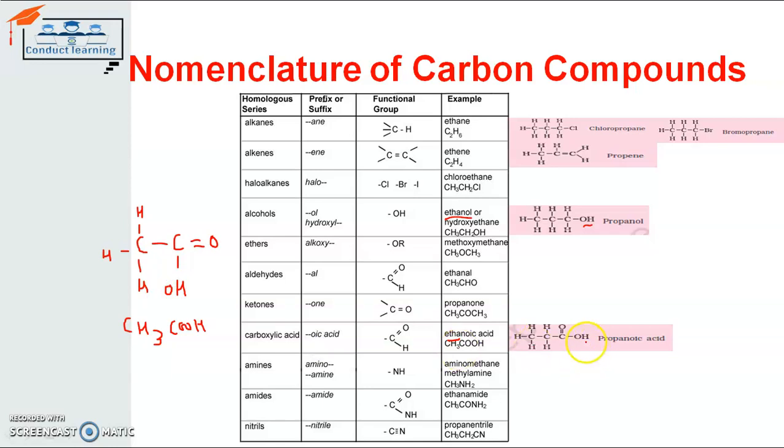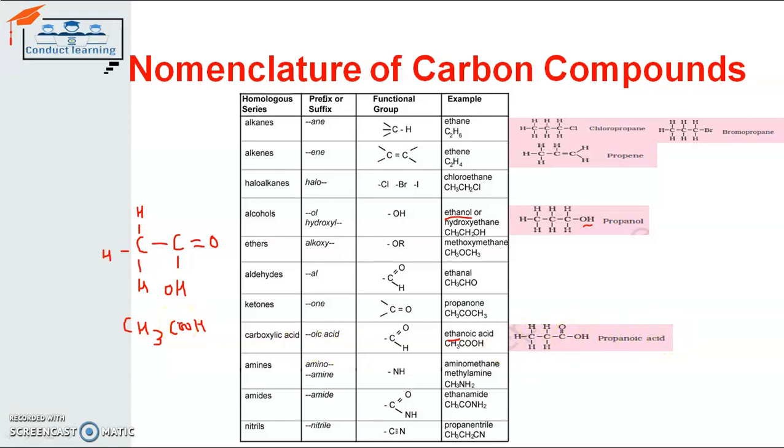So here in propanoic acid, the carbon atom already existing in the functional group shares two of its electrons with the oxygen, one electron with the OH group, and one electron with the newly added carbon atom. The rest of the carbon atoms share their four electrons. The center one shares one electron with the hydrogen, one with the carbon in the functional group, one with the first carbon atom, and one with a hydrogen atom. And the first carbon atom shares three of its electrons with three different hydrogen atoms and one with the center carbon atom, and it becomes propanoic acid.